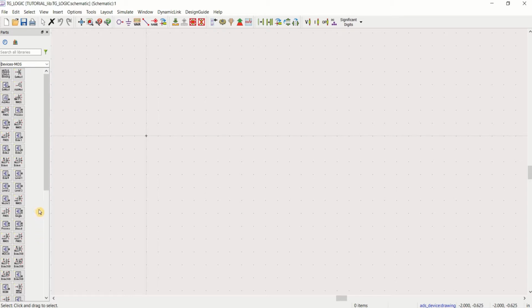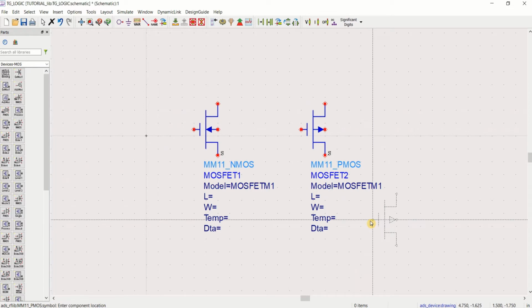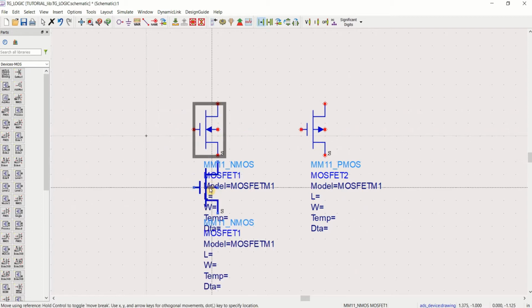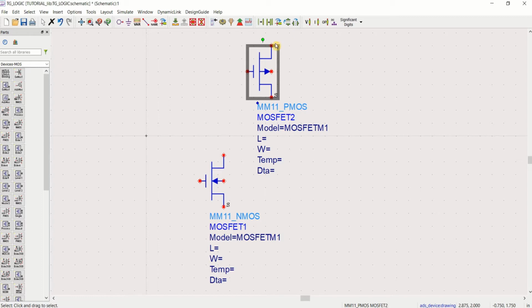For this simulation of transmission gate, I am using NMOS and PMOS. You need to arrange them. Use the rotation.